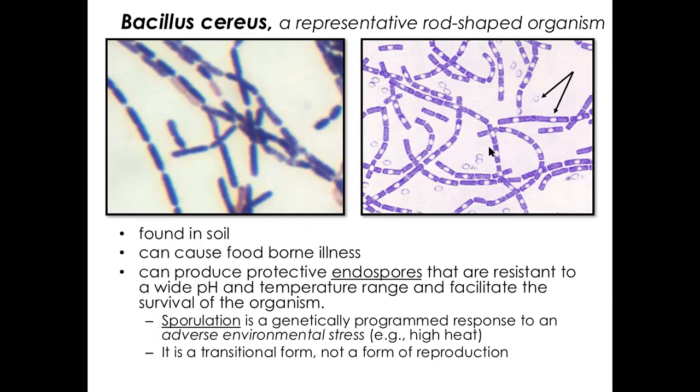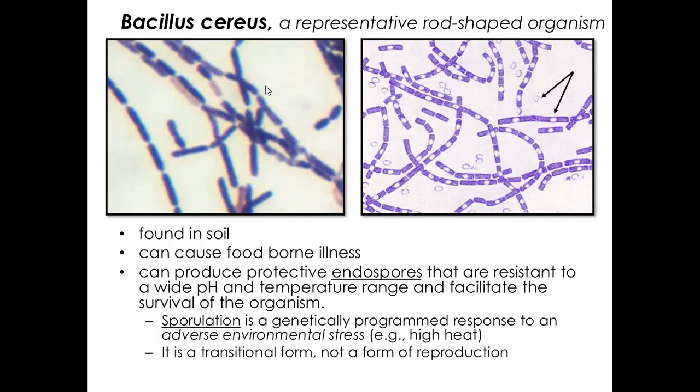This is very different than spores of a plant that's sending out seed spores. Endospores for bacteria is basically a way, it's kind of like a little cocoon the bacteria puts itself in so it can survive harsh conditions. So if it's getting too hot for the bacteria in the environment it's growing in, it'll form these endospores and protect itself. This isn't always there. It's only there when the conditions get harsh.